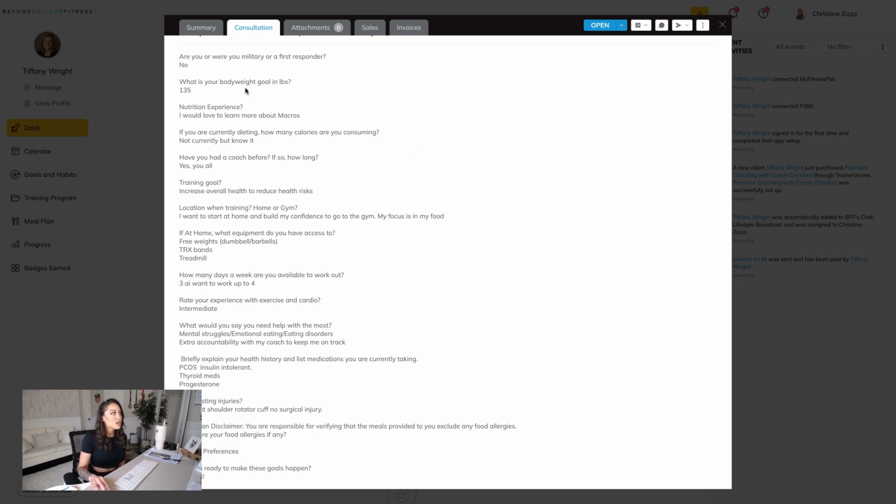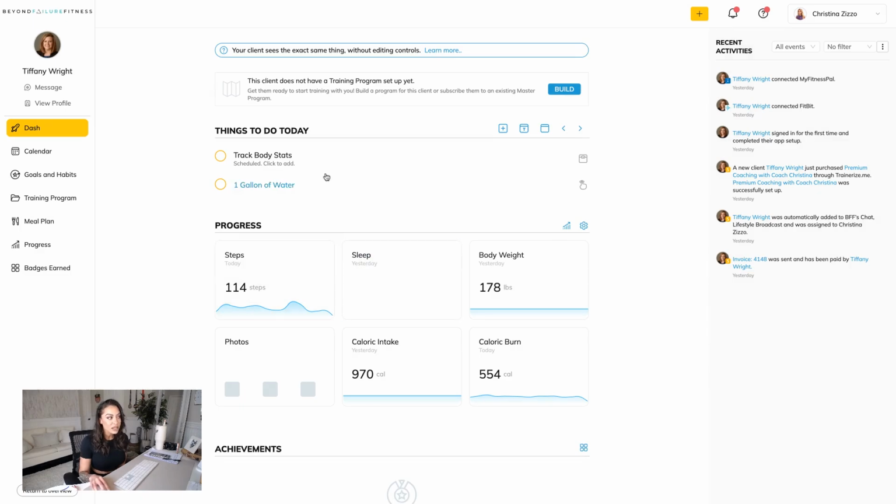So going forward, we took a glance at her consultation form. Now we're ready to build her plan. You can either open her profile here, or you will probably already have it ready to go here. Okay, so this is the desktop version. You want to actually build all plans on your computer. So just to keep it more streamlined and easy, you will not have access to building plans through your cell